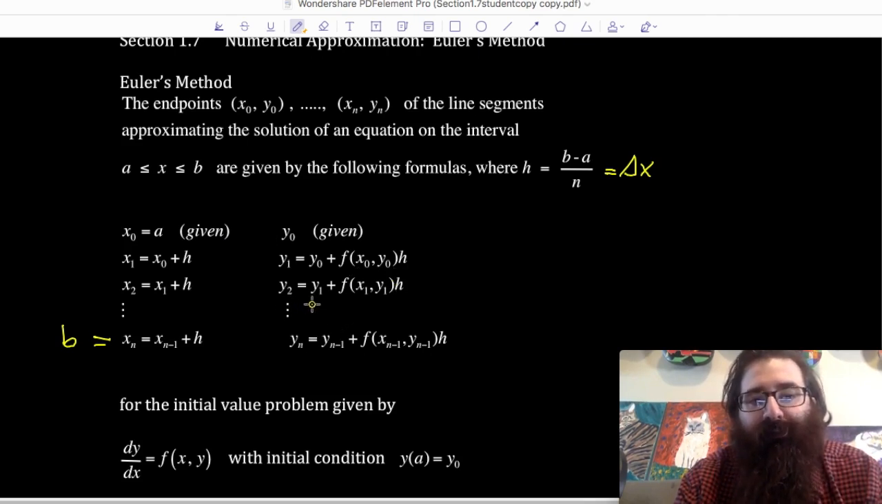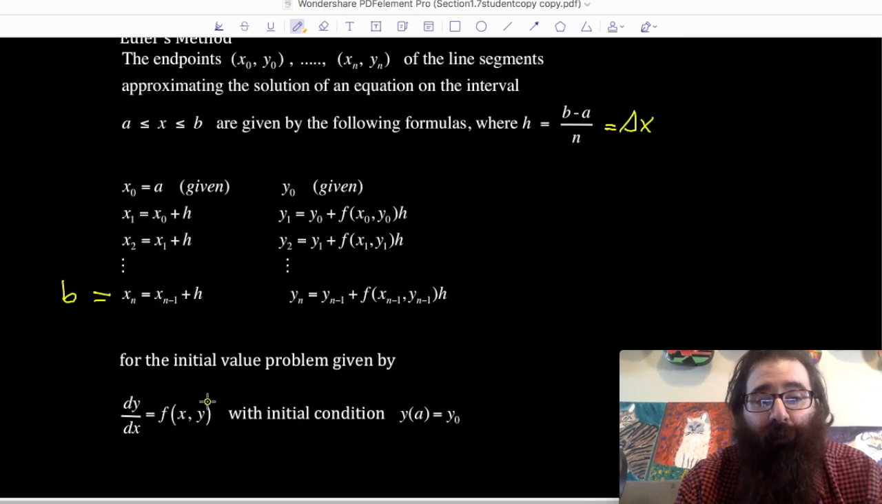So y sub 2 is equal to y sub 1 plus the differential equation evaluated at x sub 1, y sub 1 times h, so on and so forth, until we get to our last value that we're looking for, y sub n, would be y sub n minus 1 plus the differential equation f evaluated at x sub n minus 1, y sub n minus 1 times h. And this would be for the initial value problem, where dy dx is equal to some function f, so here we're calling this function f, but that's our differential equation,